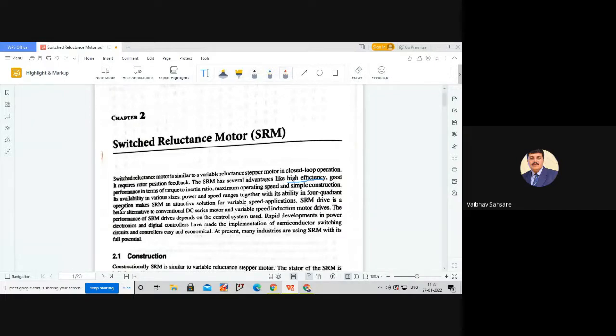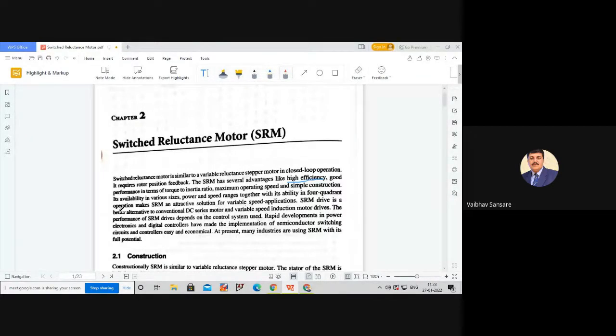So now I think in drives you will study the four quadrant operation of a motor. There are total four different quadrants, and in each quadrant there will be certain different behavior of a motor operation. In detail you will study that four quadrant operation of a motor in case of a drive, and this SRM can operate in all four quadrants of drive applications, and due to this, the SRM drive is now